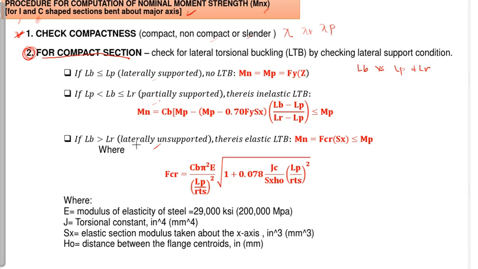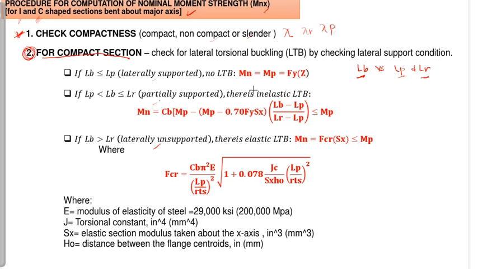And malalaman natin kung anong condition ng support natin by comparing yung LB with our LP and LR. Okay? So, pag kinumpare natin dyan, meron tayong given equation to solve for the